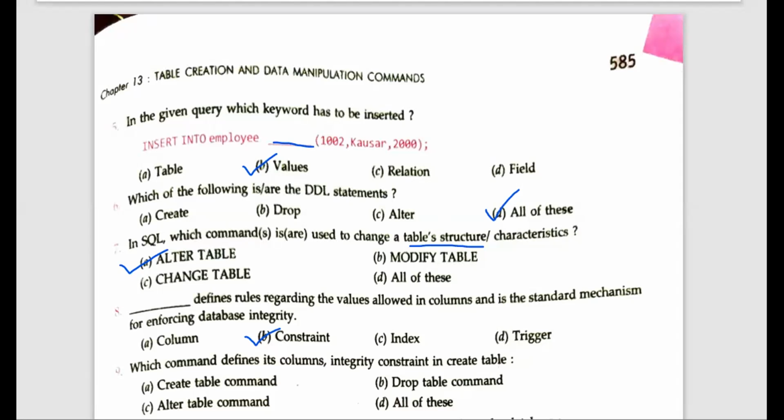Let me explain its meaning first, because all of you are writing A, that is create table. You have created the table and afterwards you want to define its column or integrity constraint. I know this question is a bit confusing, because they have not mentioned that it is after the create command. They must say after the create command. Okay, so the answer is alter table.